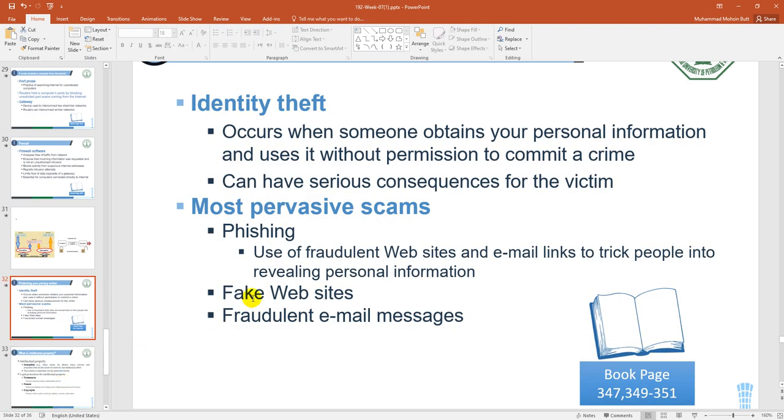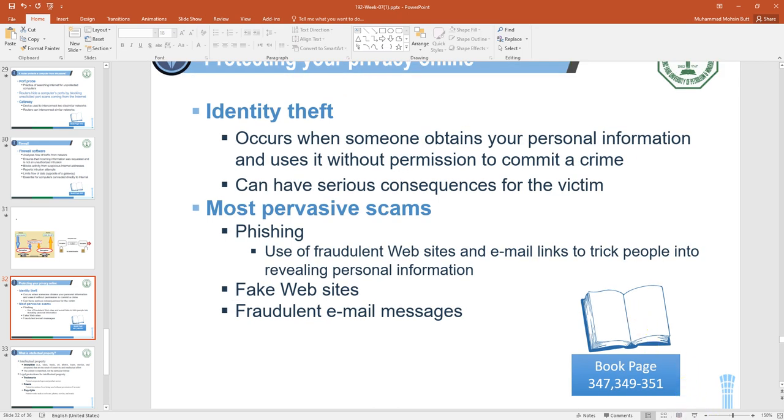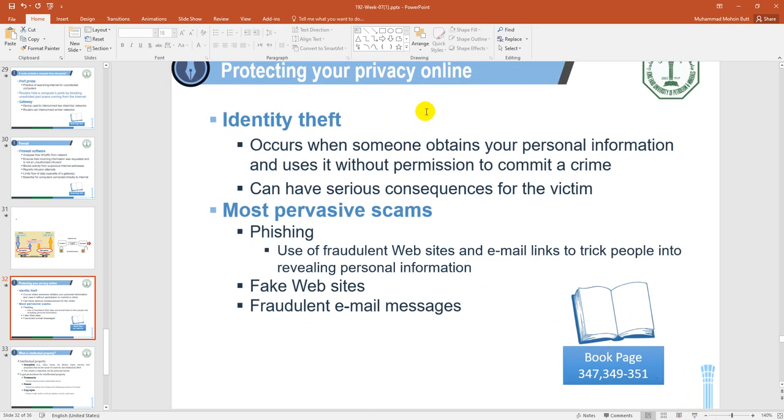Now, moving further, we have another type of threat that can appear online, called identity theft. Identity theft happens when someone gets your personal information without your knowledge, and he can use that information to commit a crime, basically he can do anything. Now, this privacy protection is a little different from your computer's virus or malware protection. Malware basically affects your computer system. Privacy basically will not affect your computer system, but it will just use your personal information and distribute it